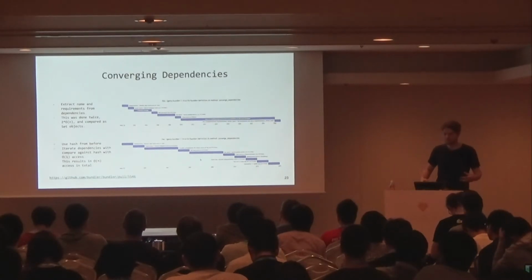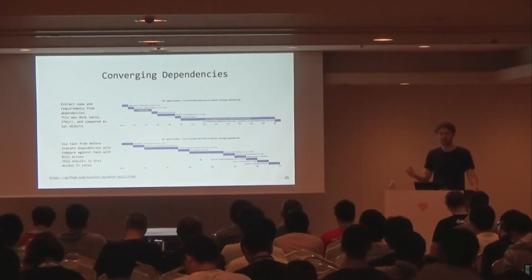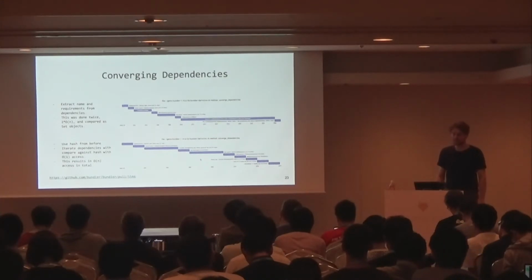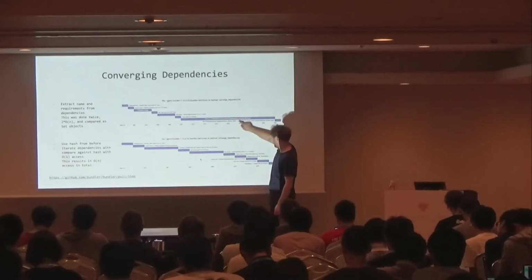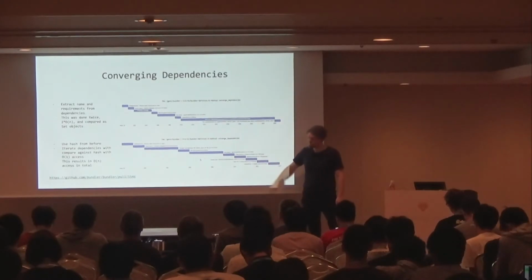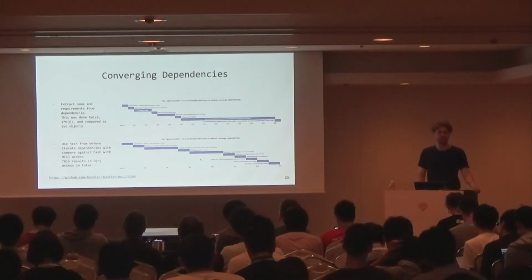What we were doing here is extracting names from requirements from the dependencies, and this was done twice for a total of O(n) cost, but we're doing it 2 times, and we compared things as set objects. This was really slow, so instead of doing an O(n) comparison using requirements and names, we used the hash from before and changed it to a total O(n) time and cut that time in half, which you can see right here again. It's cut down by one of these lines here, probably this one here. Yeah. So by doing that, we saved another 13 milliseconds, taking the total time of that method from 250 milliseconds